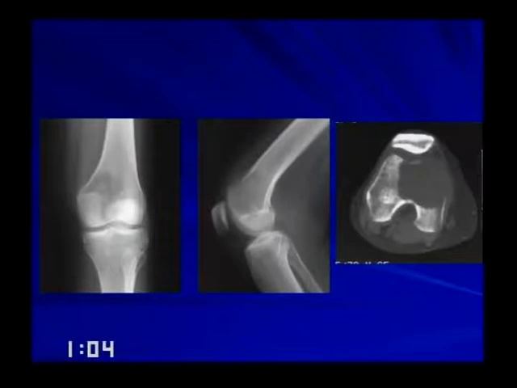Now, here's a patient with a lytic lesion centered in the metaphysis, crossing the fused growth plate in a 30 to 40-year-old woman. This is a giant cell tumor. The CT demonstrates no matrix, and we'll talk about that in a minute. But by location, this is a giant cell tumor, and this is the most common location for a giant cell tumor, which is the distal femur.